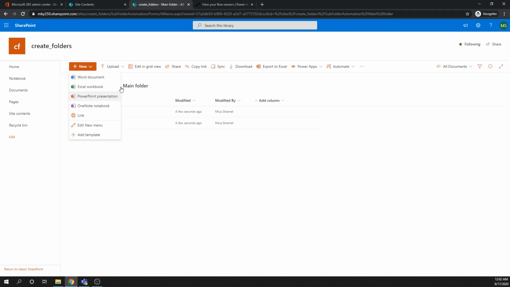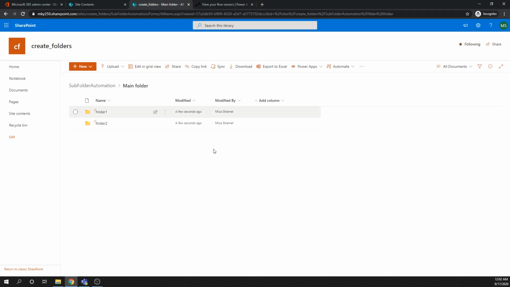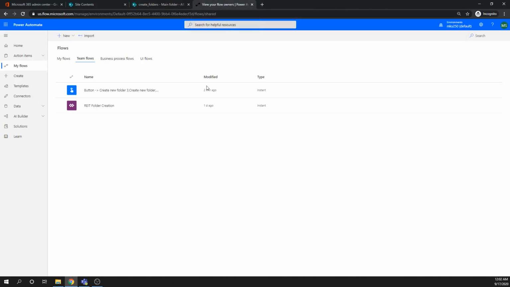And no ability to create subfolders. Now, I think that's the best of both worlds, doing it this way, because now I have positive control over the security group's permissions as well. So 100 people could have access to this library to upload files to the various folders, but you could restrict folder creation to the security group that has access to this flow, which might only be 5 people or the team lead or whoever. So this is, in my opinion, the best possible way to do that solution,